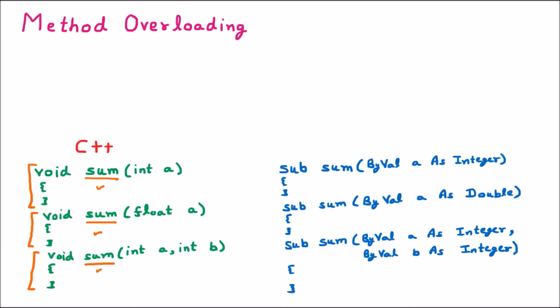And here how many arguments are there? You can see that only one argument is passed, which is A. So I am writing 1 over there. Now again in the second procedure, how many arguments are passed? Again one argument. In the third procedure, how many arguments? 1 and 2. So 2 arguments are passed.